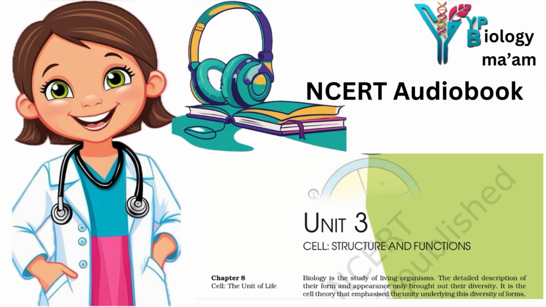Rudolf Virchow in 1855 first explained that cells divided and new cells are formed from pre-existing cells, that is omnis cellula e cellula. He modified the hypothesis of Schleiden and Schwann to give the cell theory a final shape. Cell theory as understood today is: all living organisms are composed of cells and products of cells. All cells arise from pre-existing cells, that is the meaning of omnis cellula e cellula.